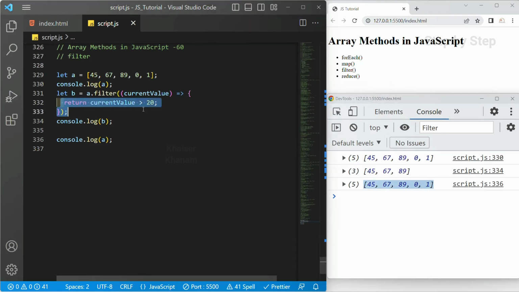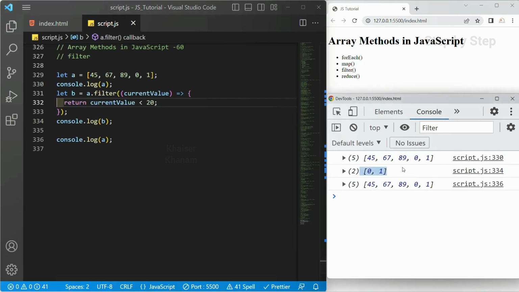Only thing is it has just created the new array, and whichever number is passing the condition, it has just displayed that one. If I write here less than 20, only 0 and 1 is passing this condition. So I will be getting 0 and 1 as my result. So filter method will just filter out the numbers whichever the condition passes, and those numbers we will be getting